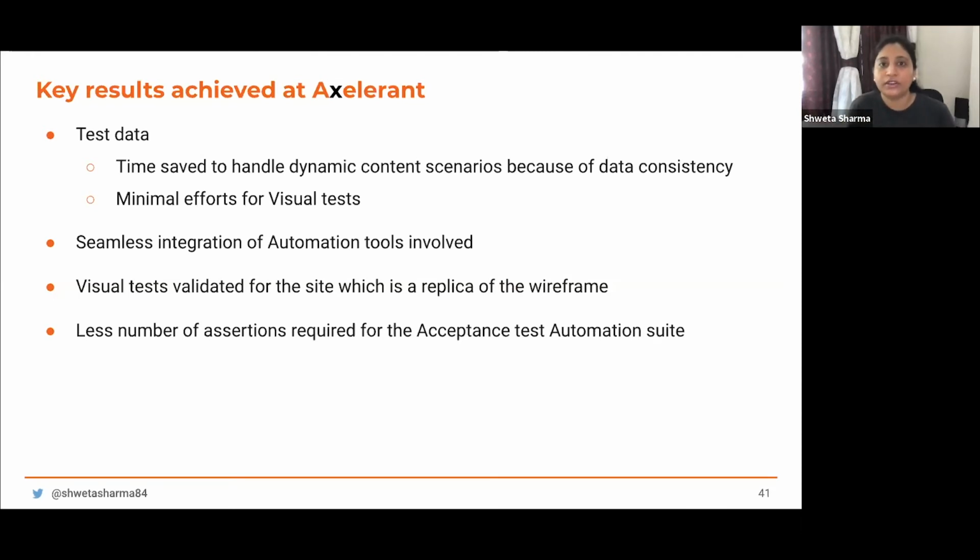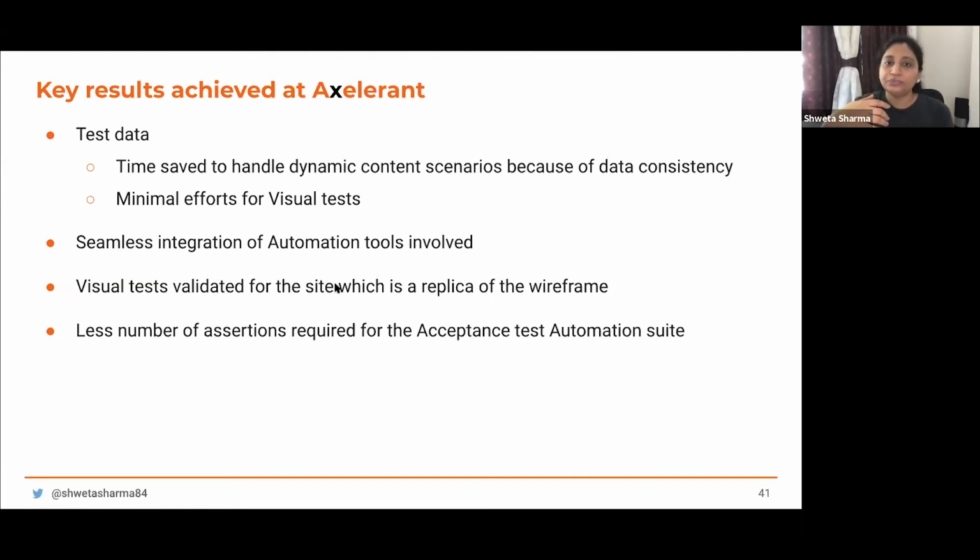Probably you can import the database, which is quick, or you can have some scripts written which would help you create that content quickly, but ensure that your test automation data is separate from your testing scripts. Your testing scripts should focus primarily only on assertions, right? Because your tests need to be repeatable. That's how this strategy is connected really, right?